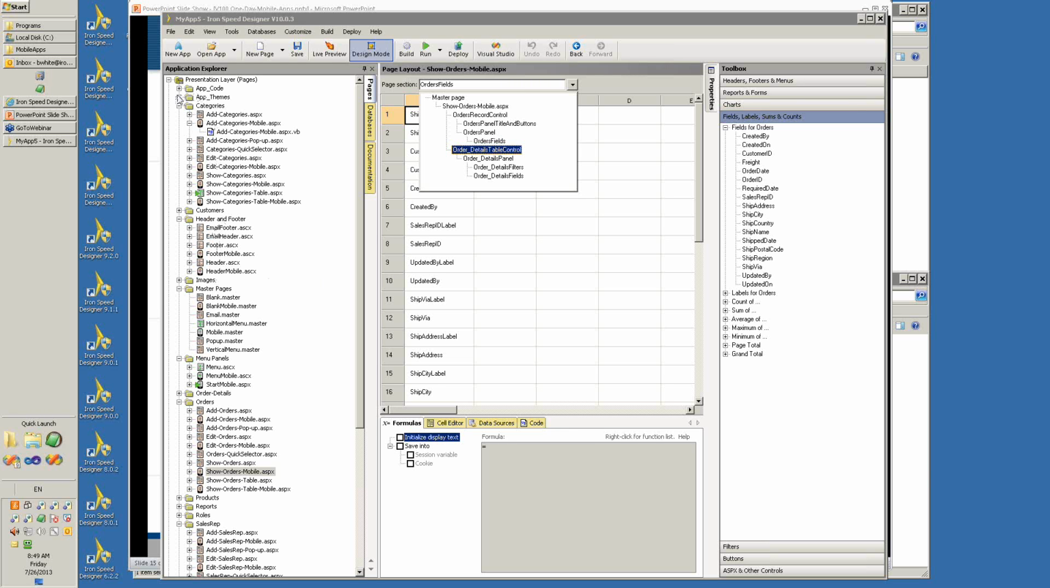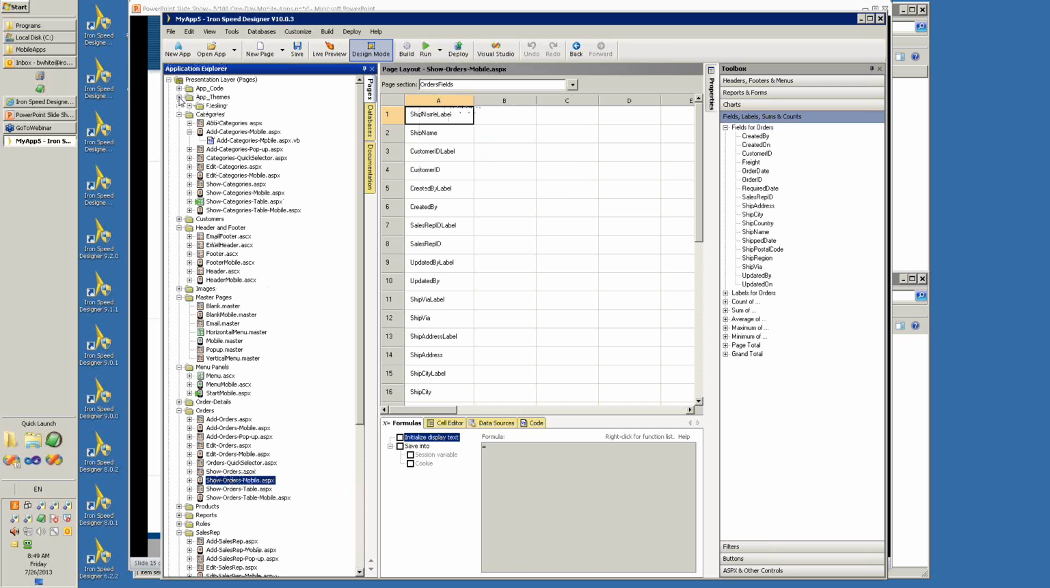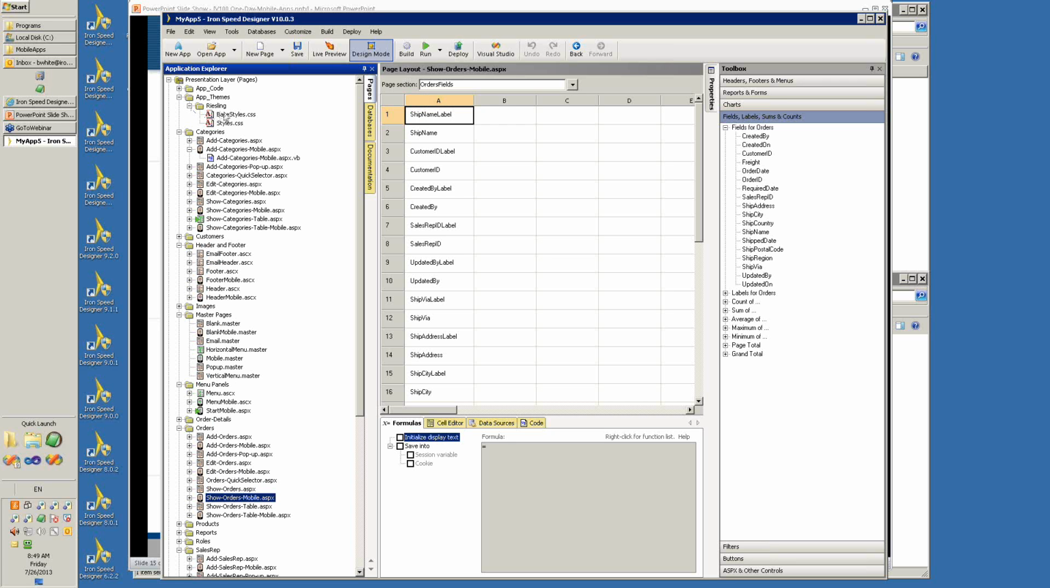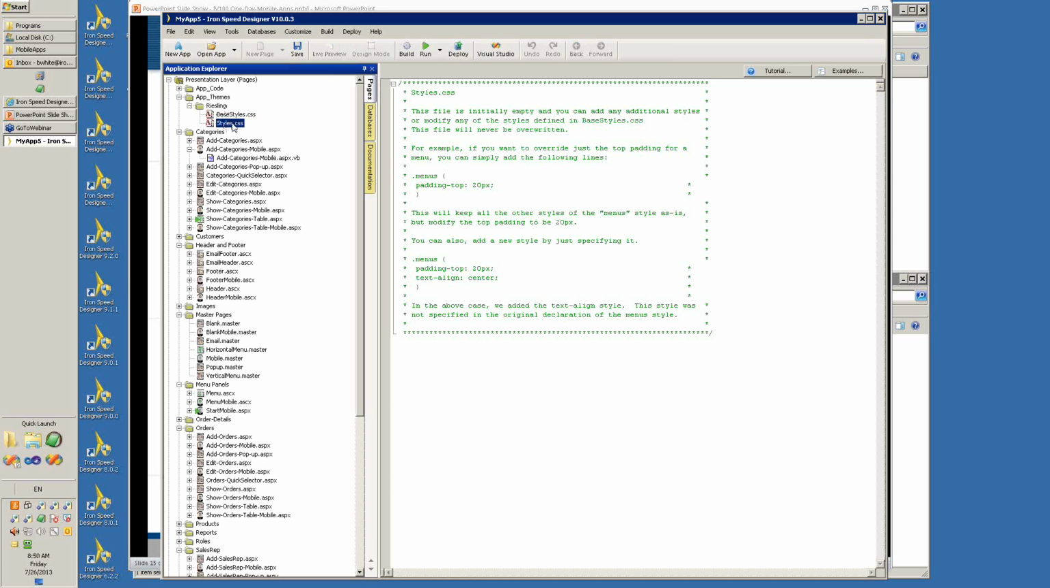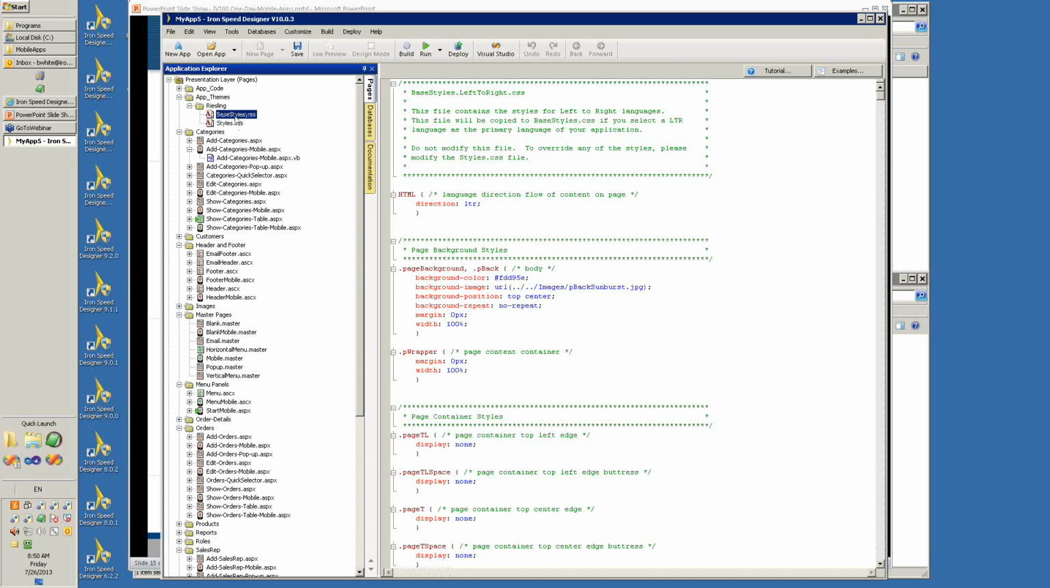Now the pages are all controlled by styles, and in your Application Explorer, you'll see we have the Riesling theme. That's what we selected. There are two files called base styles, and this is all the CSS that controls the look and feel of your application. Along with that, we have a customization styles folder. The way to customize the styles here is to take any of the styles from base styles. If you want to customize it, you just copy it